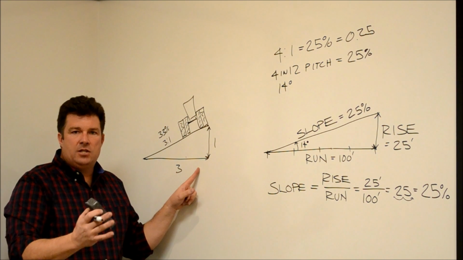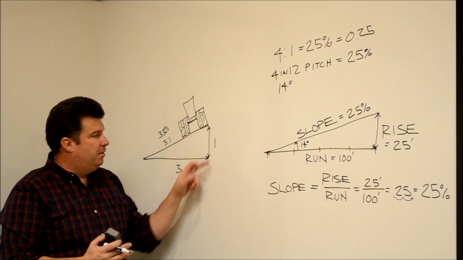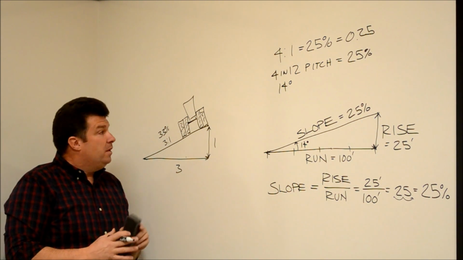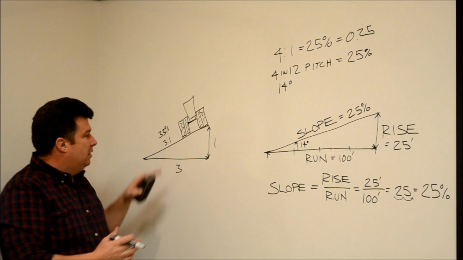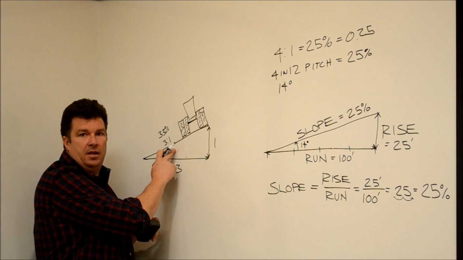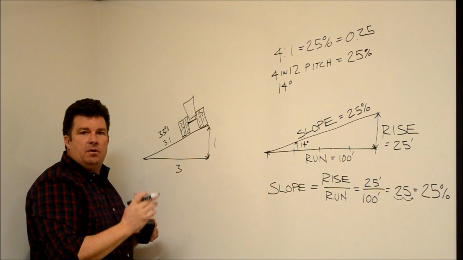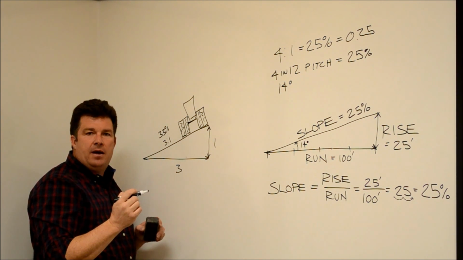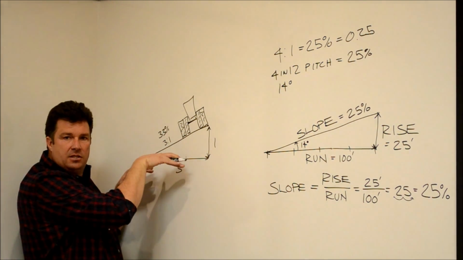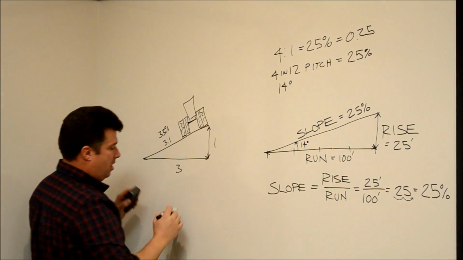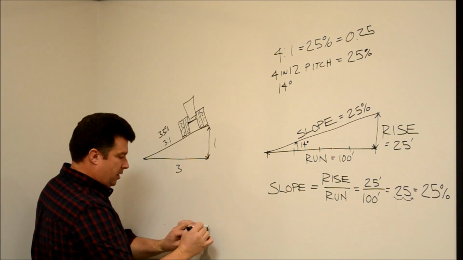Typically slope is rise over run, but in this situation they're talking about the run first and then the rise. So in this case, a 3-to-1 slope is less steep than a 2-to-1 slope. Even though the first number that we're talking about is greater, that means that there's less slope. So if I were to draw a 2-to-1 real quick, which is too steep to put a tractor on,